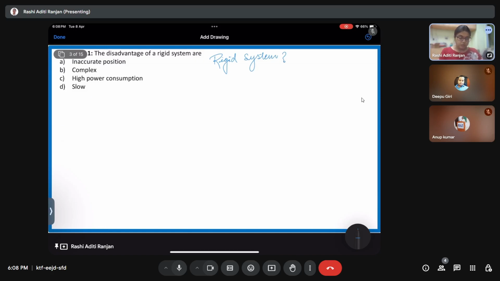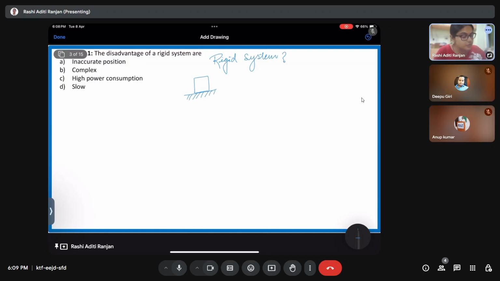When we talk about rigid systems, mechanics got divided into three categories. One was for fluids, which was known as fluid mechanics. The second was on the basis of deformable solids, which came to be known as mechanics of solids or mechanics of materials. The third was based on the rigid system, which came to be known as engineering mechanics. Okay, so when we talk about a rigid system, what do we mean? If I take a cube,